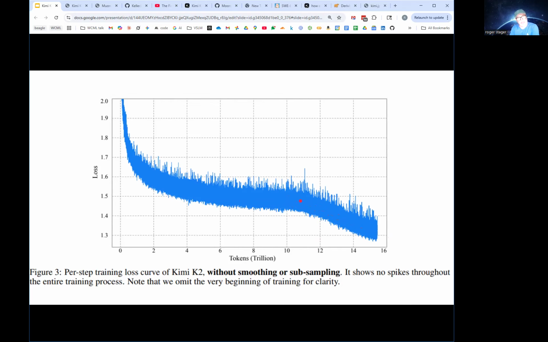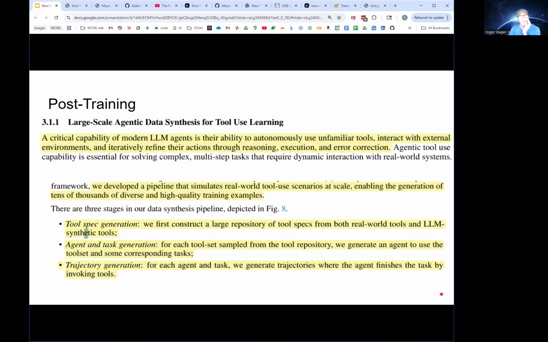Because it occurs about... I didn't understand what that little kink in the curve was, but it happens to correlate with about that 10 trillion token mark. So maybe. Yeah, that makes sense. The learning rate was probably a little too high at that point. Yeah. And then when the cosine kicked in, it helped. Yeah, you'd almost think in hindsight it might have been better to kick it in a little bit earlier. But anyhow, so this was post-training.